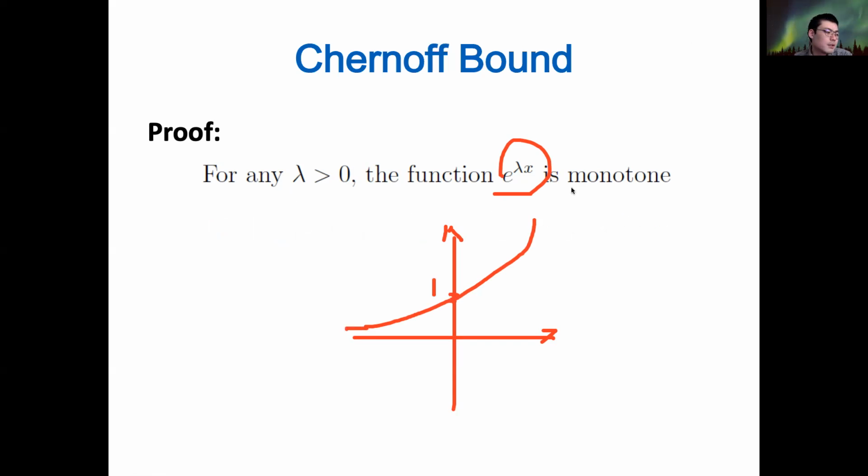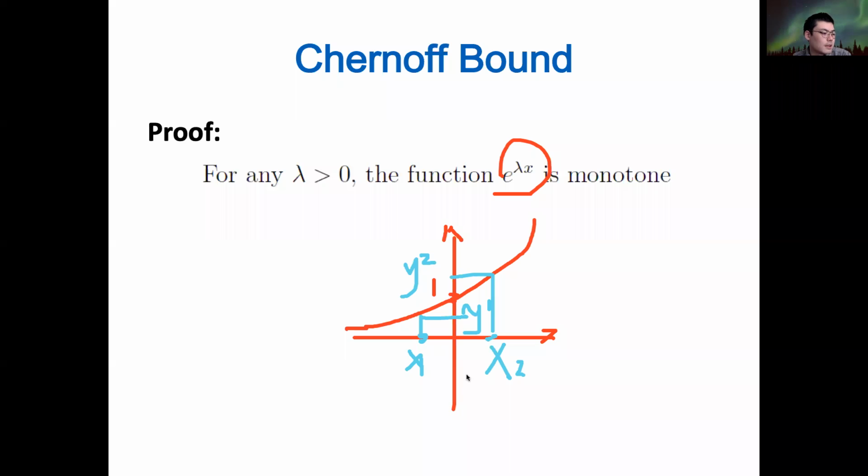One thing to pay attention to is that this function is monotonically increasing, which means if you take any two values, x1 and x2, and map them to y1 and y2 here,